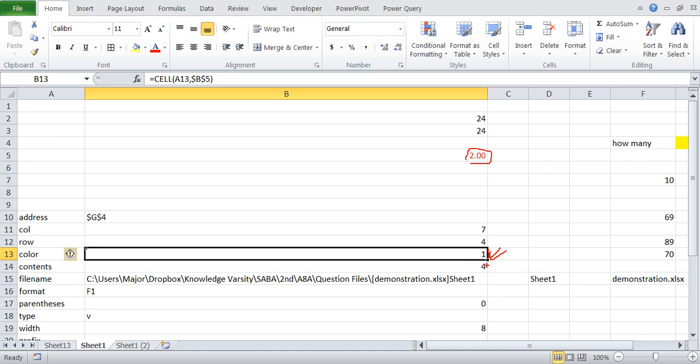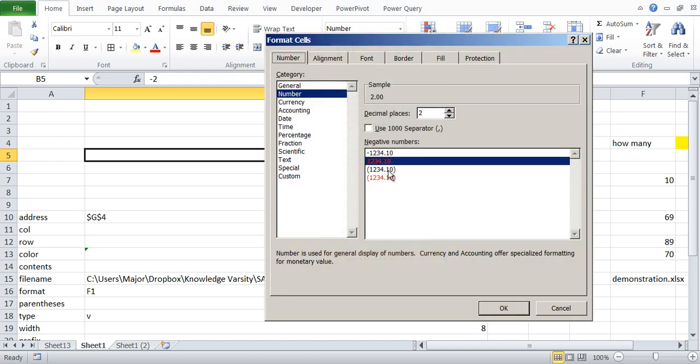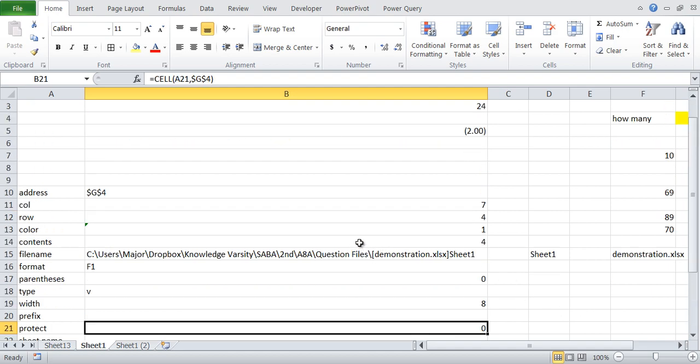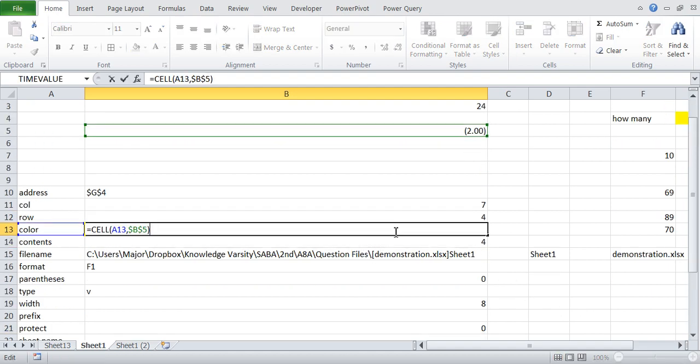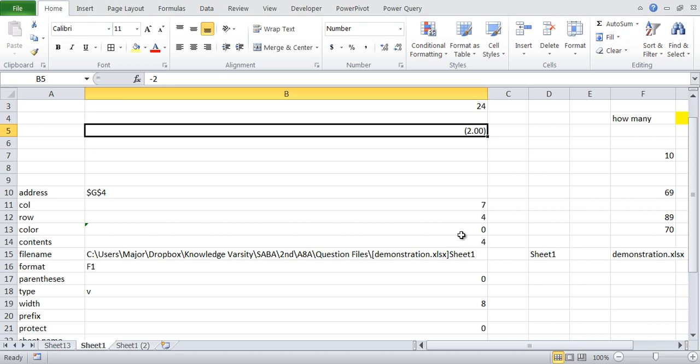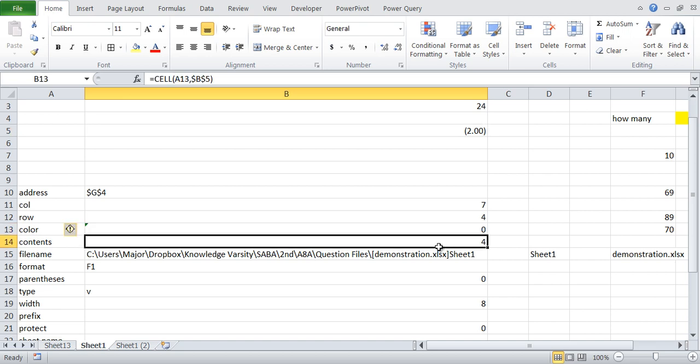Now this is very useful in your models. Okay, but if I make this, let's say another number format, and I don't make it red negative but in brackets, and I go to this and enter, then it has come 0. Right? Because it's negative but it is not colored in red or not colored.